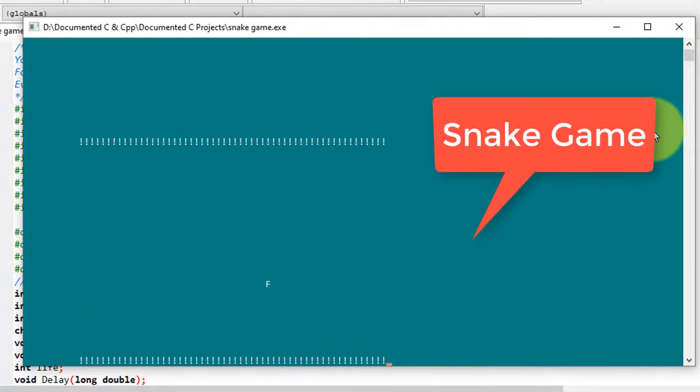Till now I have scored 7. See here, I hit the snake's body, so my life is decreased by 1. I will again hit my body to show you. Please see carefully. Now again I hit my body and life is decreased. Now this time I will hit the wall of the screen, so life again decreased and it's 0 now.